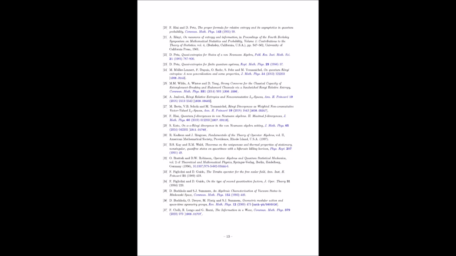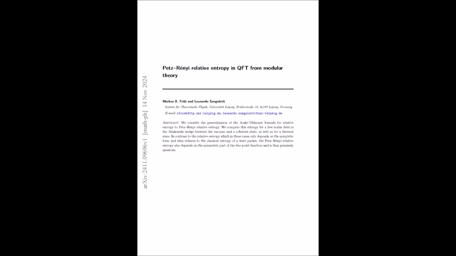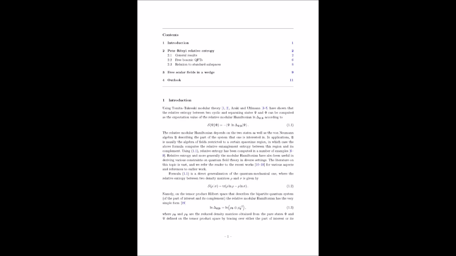Exactly. Now, they start by focusing on the two-point function. This is a fundamental object in quantum field theory. Okay, two-point function. Remind us what that captures again. It essentially describes the correlations between the field at two different space-time points. You can think of it as a measure of how much one point feels the influence of another. So it's like a quantum communication channel between different points in space-time. That's a great way to think about it.